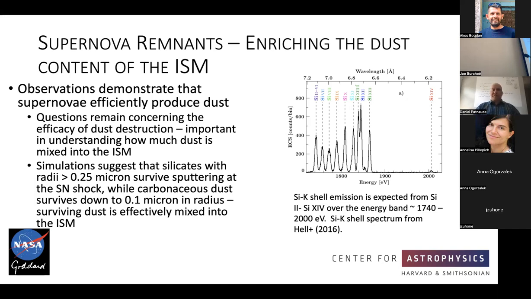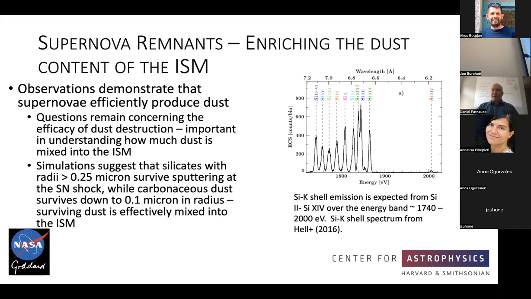Now, there have been simulations that suggest that silicates with radii down to about a quarter micron can survive this sputtering process of the shock, while carbonaceous dust will survive down to much smaller radii. And this dust is what is effectively mixed into the interstellar medium. What does this have to do with LEM? Well, when this dust is shocked by the reverse shock in the supernova remnant, you're left with neutral silicon, which will then, of course, produce a